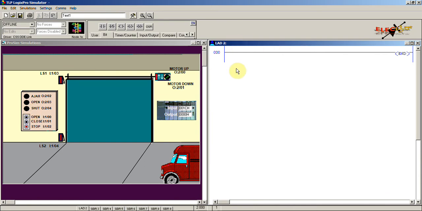So for that I'm going to use a normally open and a normally closed type of instruction, like examine if open and examine if closed instruction. So here, the first thing is we need to include the stop push button. Since the stop push button is closed, this instruction will be true, and after that we need to provide the up push button. For that we will use this examine if closed instruction,